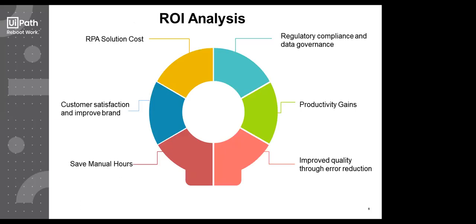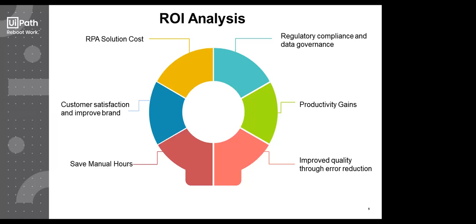So these are some of the factors which we consider while doing the ROI analysis. Not only these 6 factors are considered, these are just the broader terms, key consideration points we take in while we analyze the ROI. You can consider any other point or thing while you consider ROI. It totally depends on your RPA setup or on your organization, what points they consider while analyzing the ROI.